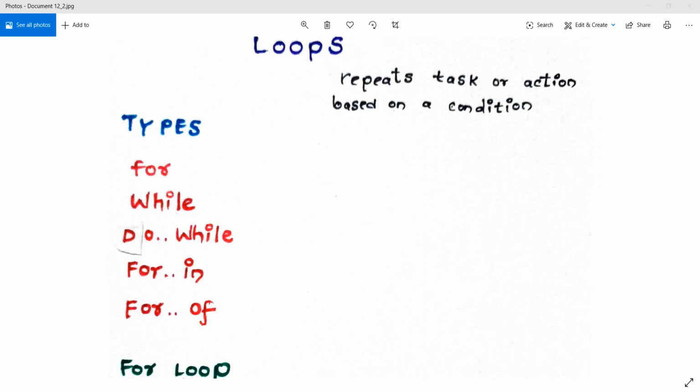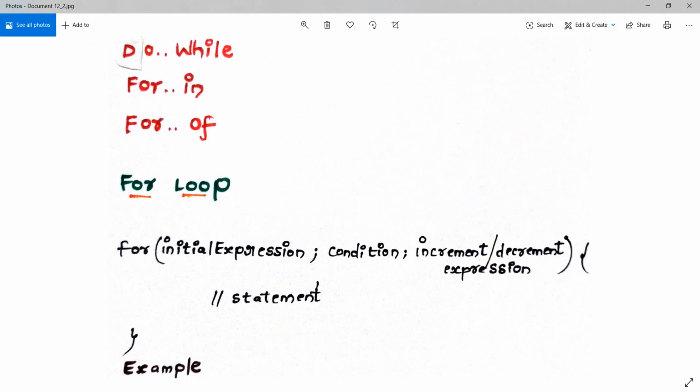Now let's see the syntax of the for loop. Here friends, we have for, then parentheses and curly brackets. Inside that are the statements, whatever you want to execute. Let's see one by one. The initial expression means we have to initialize a value first. Then the condition means till how many should I print the number, starting from 1 to 100 or 1 to 120. So when should I stop executing the loop?